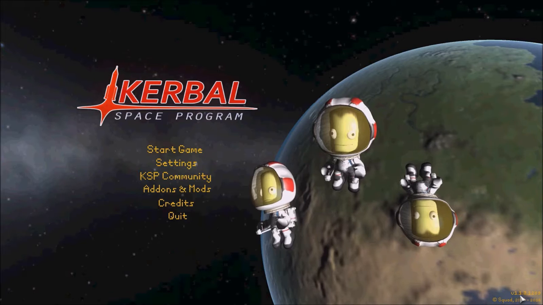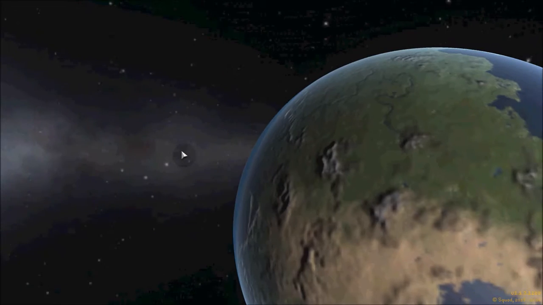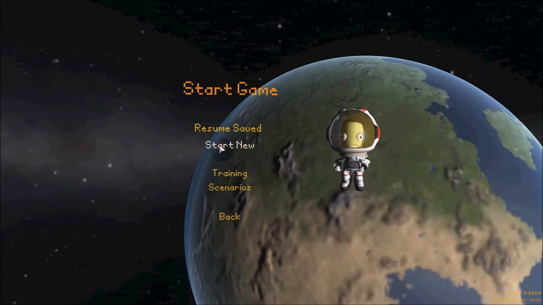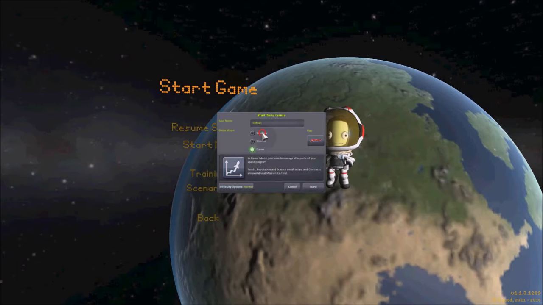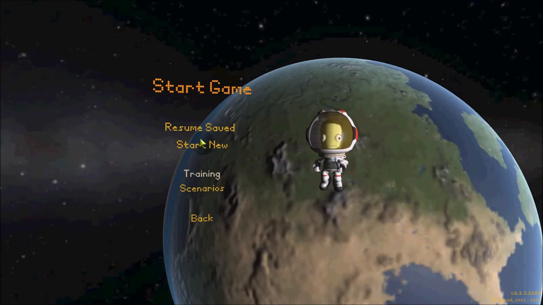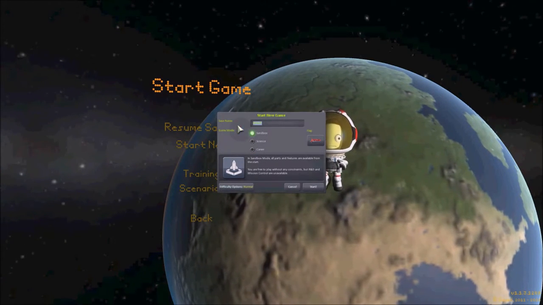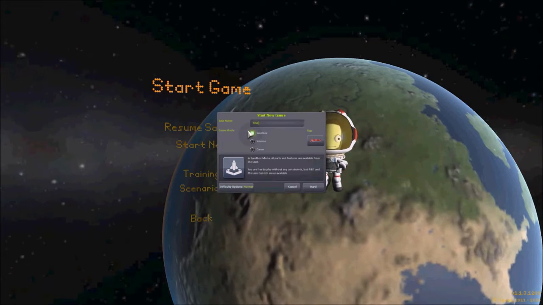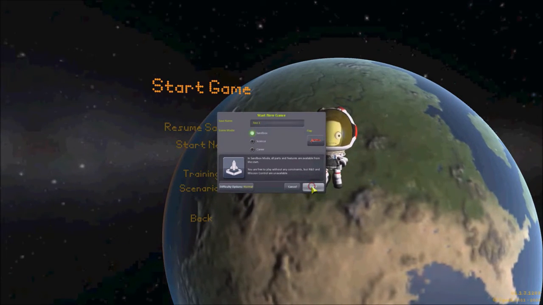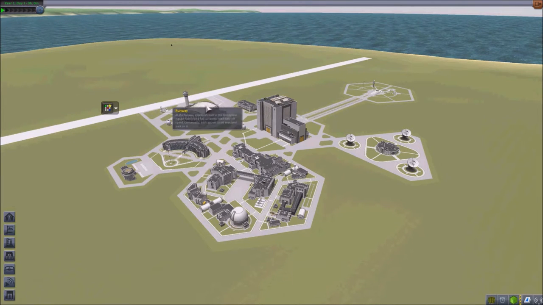So we've got version 1.1.3.1289, and let's start a game. We're just going to start anew, and we're going to make it a sandbox game. We'll call this test 1. Start. All right. Welcome to the Space Center. First thing I'm going to do is go to my tracking station,